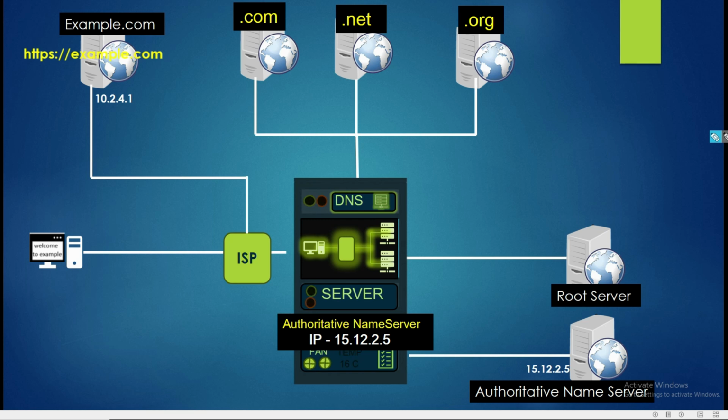Now friends, let me cover it all in one scene. In the first step the user types example.com. Now this PC will ask the DNS resolver, what is the IP address of example.com? Then this DNS resolver will ask the root server what is the IP address of example.com. So it will check, okay, this is a .com